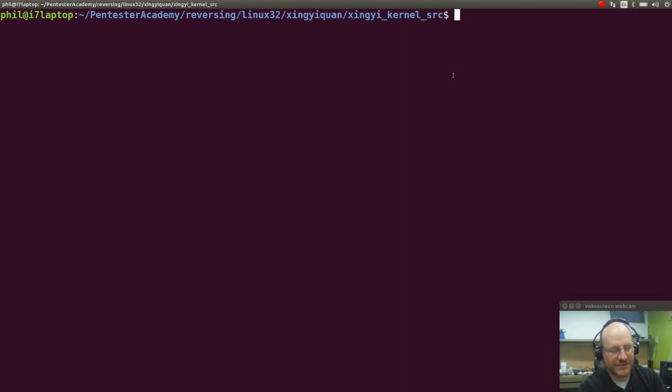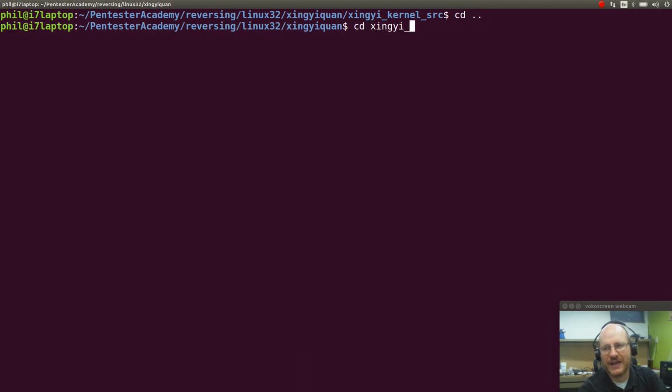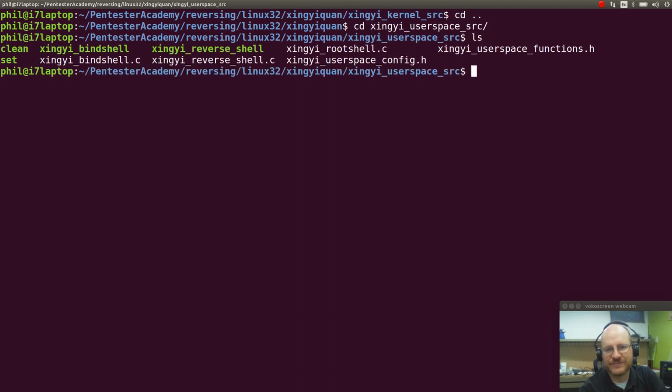The first thing I want to do is make a hash of my file. So which hash should I use? In forensics, a lot of people are still using MD5 hashes, which, as we know, are not the best. A SHA hash would be better. But I'm just going to go ahead and create an MD5 hash